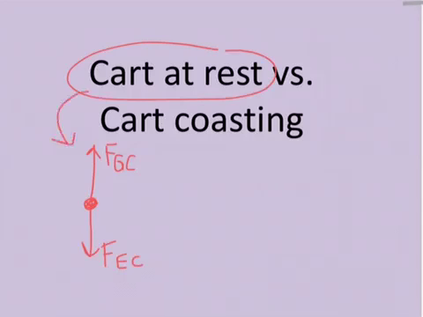So now a cart coasting, so again, this is like the shopping cart example. You take a shopping cart, you push it, you let go, and you draw the force diagram once you are no longer touching it. It doesn't automatically stop the moment your hands come off of it. It keeps coasting in the direction that you initially applied that force. So we have our dot,